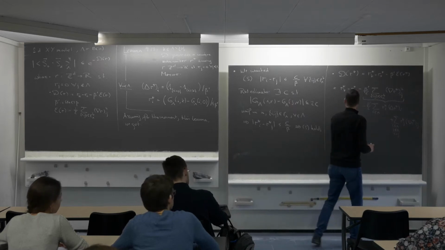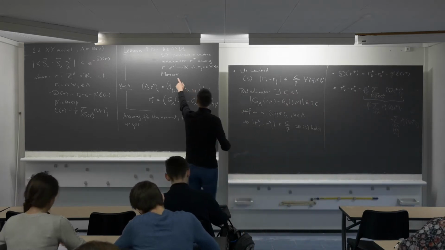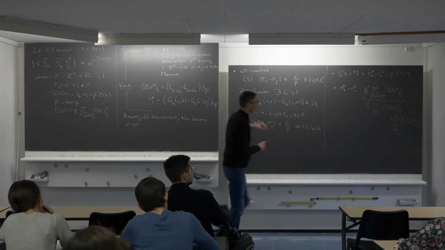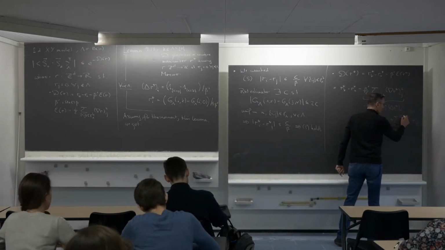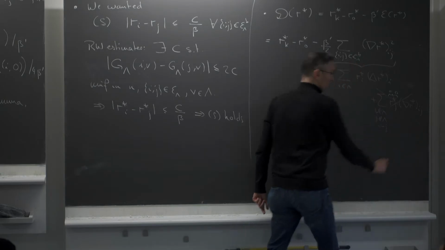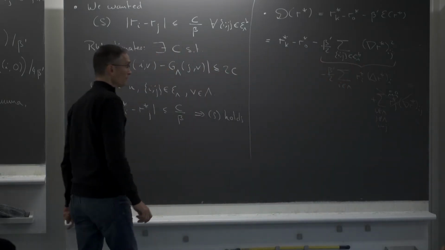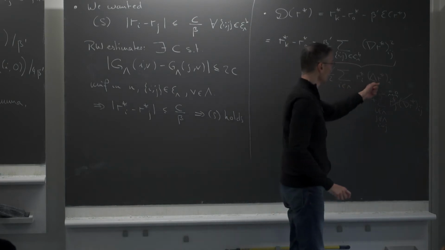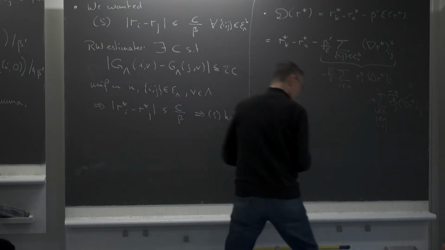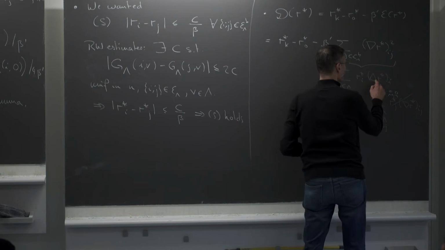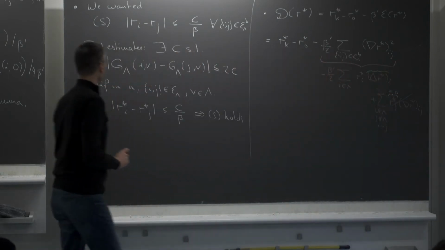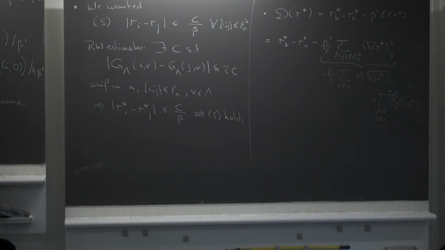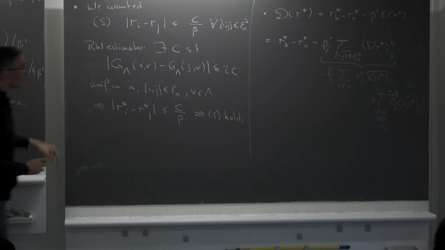Now, R star satisfies this boundary condition that it has to be 0 outside the box lambda. Since j is always outside the box lambda, this is equal to 0. And this term is just vanishing. So there are no boundary terms here. So the only thing that remains is this guy. But here also we know more, since we know that the Laplacian of R star at i is given by this expression. Okay, the maximizer satisfies that the Laplacian of R star is given by this. So I can just substitute.